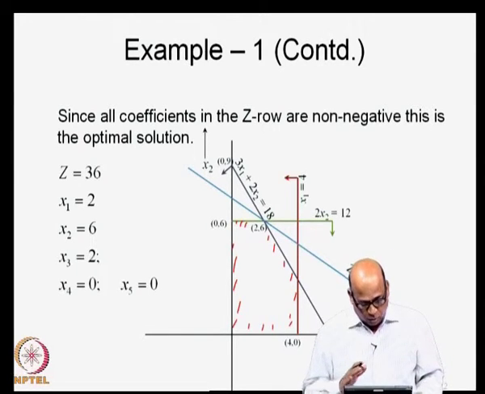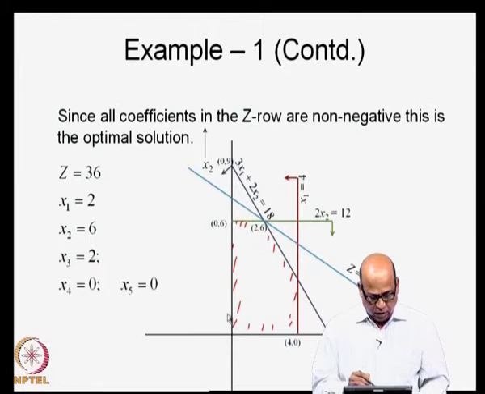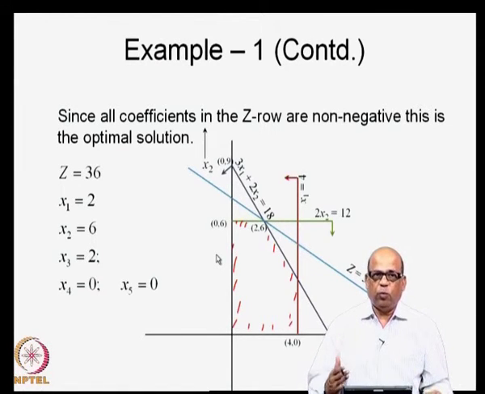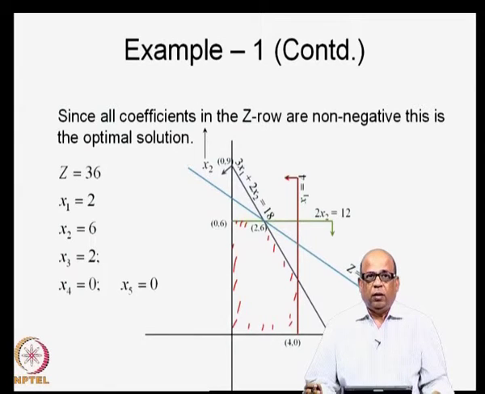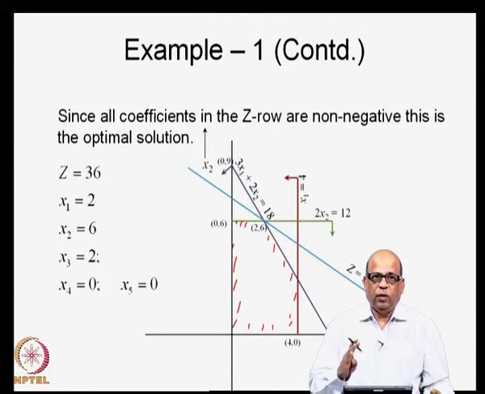Okay. So far so good. We took a simple problem, and then we know how to formulate the simplex tables and how to move from one iteration to another iteration. Now, there are a few questions that will arise even in the simple problem. First, we asked whether the solution is optimal, and we could resolve that the solution is not optimal, because there was at least one variable which has a negative coefficient in the z row. And then we identified the entering variable. How did we identify the entering variable? We said that the particular variable which has the highest negative coefficient in the z row will be the entering variable.